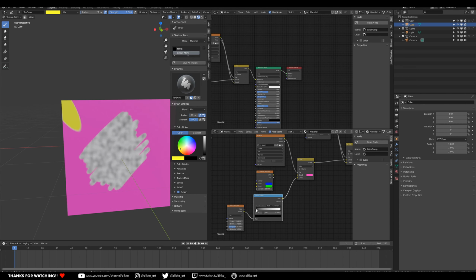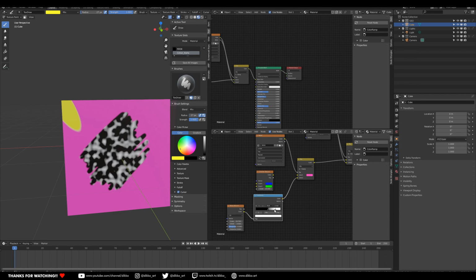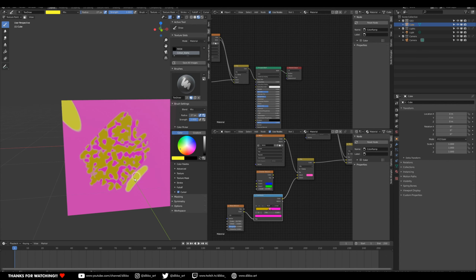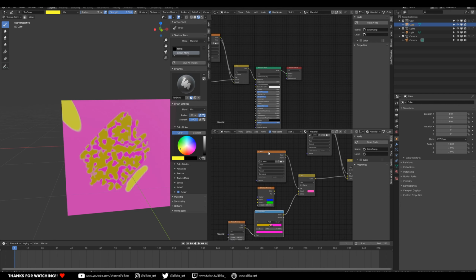And I can bring down that detail. And you can see the potential here for really cool stuff. So, you can change the colors to whatever you like. That's really, really useful. So if I switch out to the mask again in the texture slot, I can bring